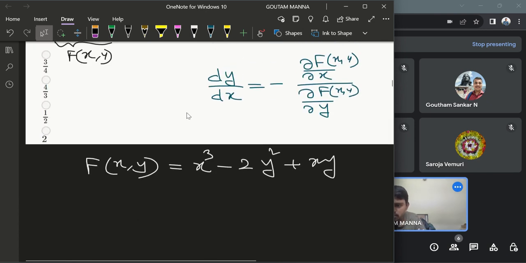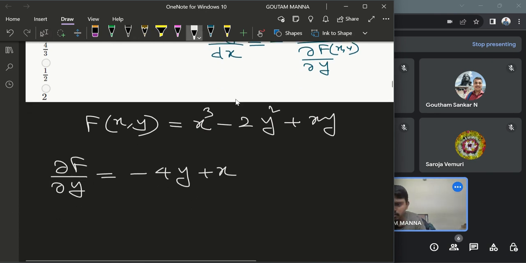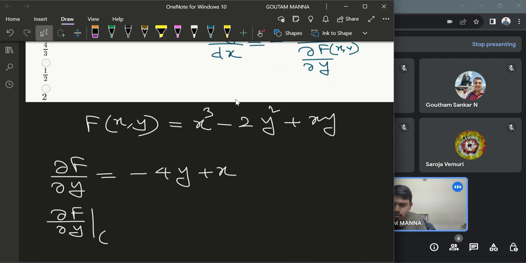So del f del y equals to, we treat x as a constant, then it will be minus 4y plus x. Now del f del y at point 1 1, it will be minus 4 plus 1, which is minus 3,